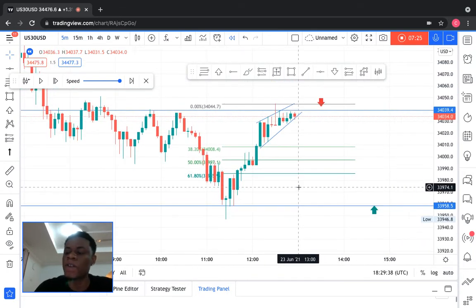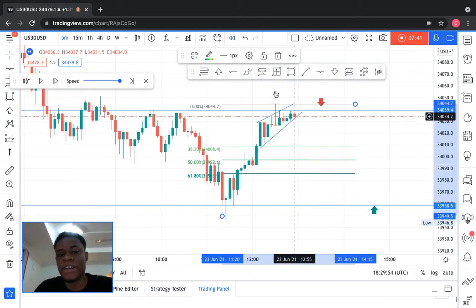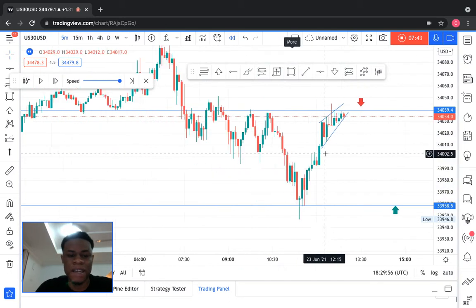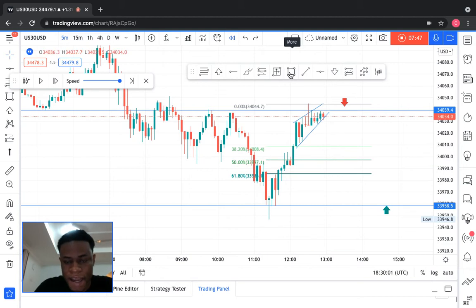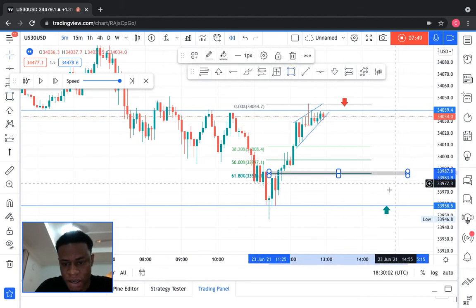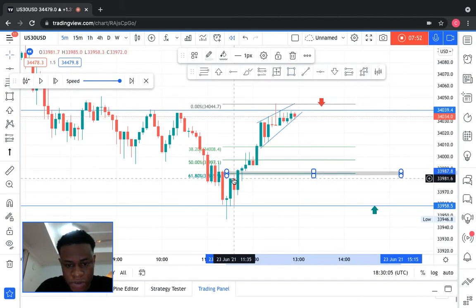And one good thing about your steady market is that it's not like a forex pair that will take ages to manifest. You can come back and in 1 hour to 30 minutes, price has retraced by 200 pips and more, and it's going in your direction. It's mad. It moves so fast like that. So I'm looking for buys from here, and it will feel good because it's going to be a retracement. So it's going to be a retest